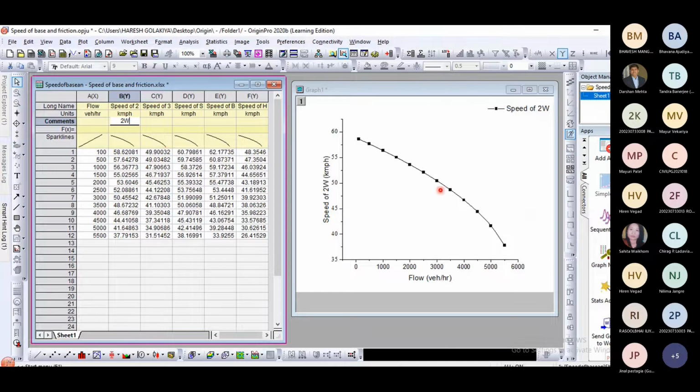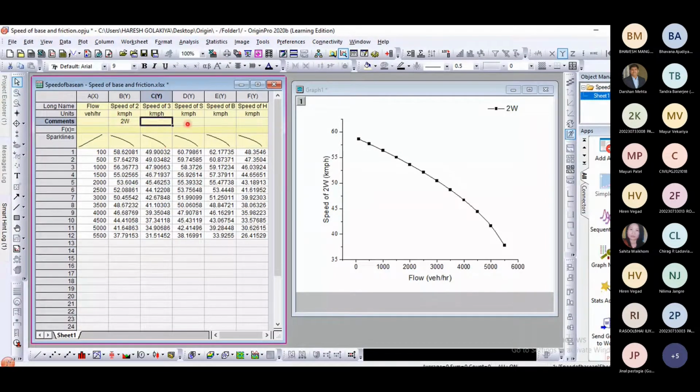So this chart for two-wheeler is available, is done. Now we want to add the speed of other categories of vehicle also. So here in comment, like in comment, I have added two-wheeler.